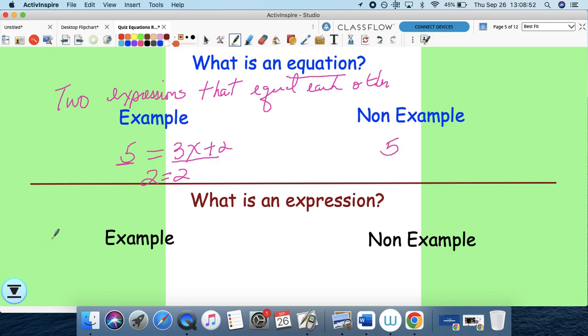It's just a number 5. It's a numerical expression. This 2m minus 5, also not an equation. It's an expression, an algebraic expression, which I'll explain here at the bottom, but not an equation. So what is an expression? An expression is,